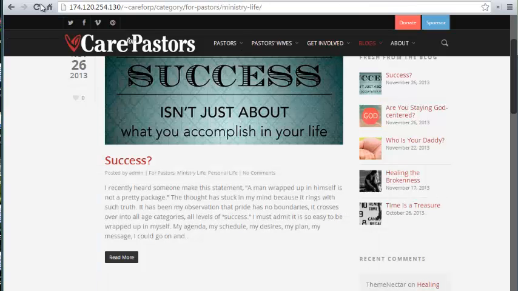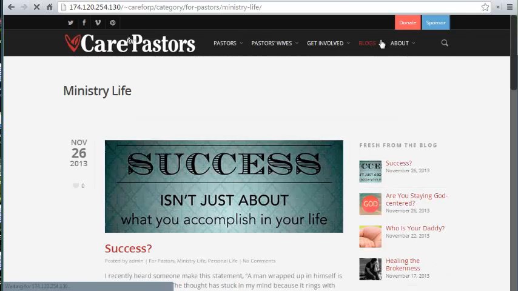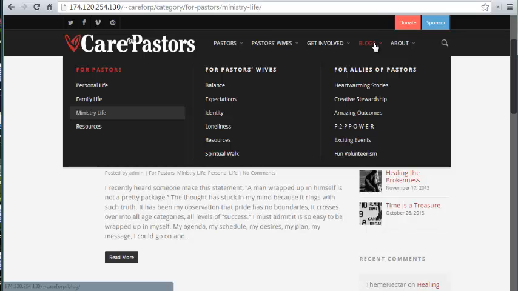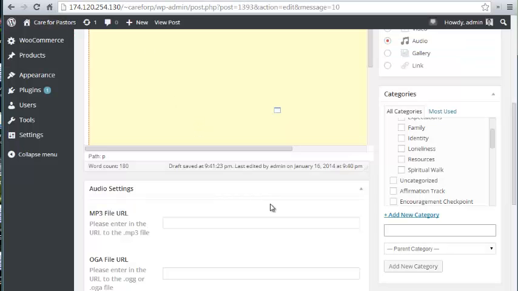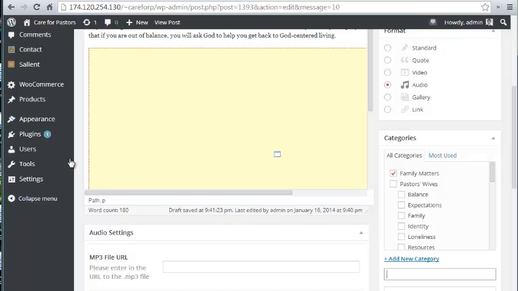Let me see if it actually, I'm going to refresh this page and see. I believe, nope, you got to manually add it. For some reason I thought it was doing it automatically, but it's not. So that's how you add the category. But then